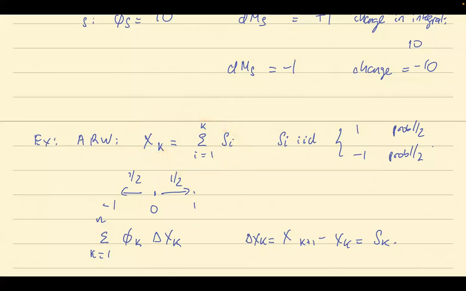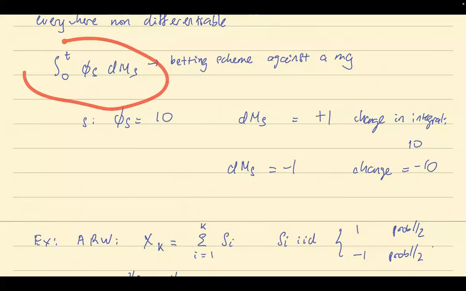Now, again, this is what a trader does as well. Instead of xk as a random walk, think of xk as a stock, and this is like the return, or log return, whatever. What does the trader do every day? They try to guess if the stock will go up or down tomorrow, and then they place how many bets, how much they want to buy on that stock or how much they want to short on that stock. So basically it is an integral against a stochastic process. There are many ways to interpret it, but financially it's a betting